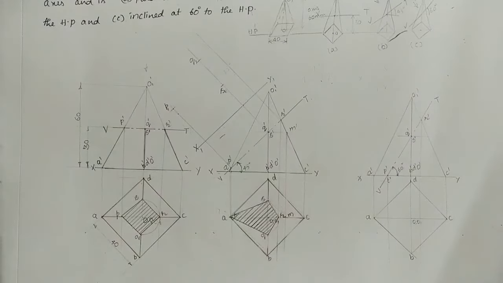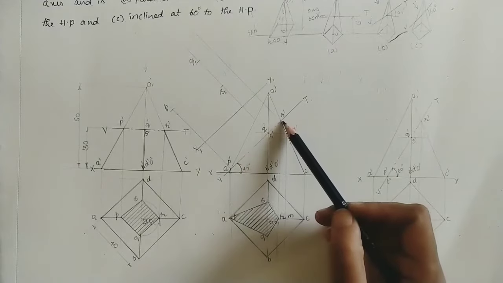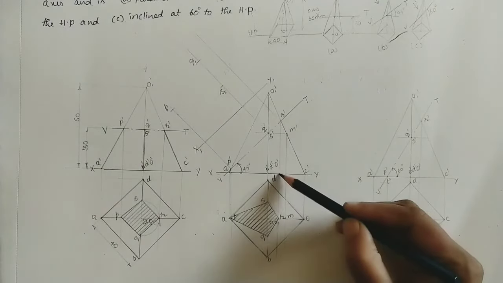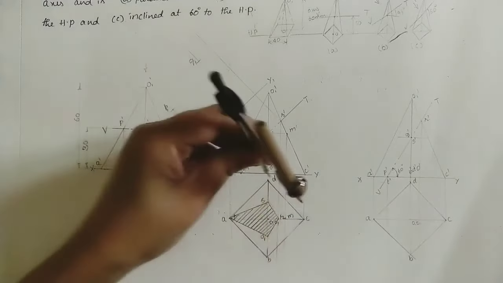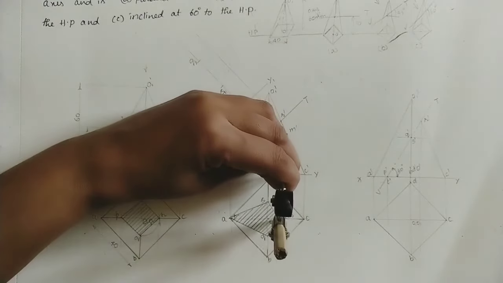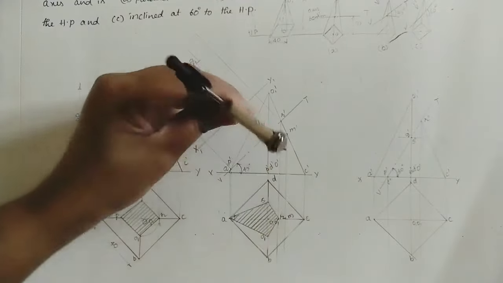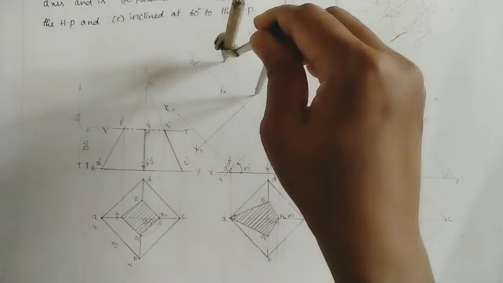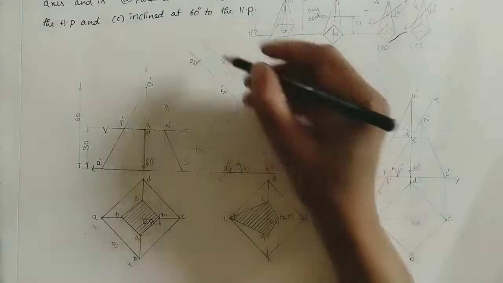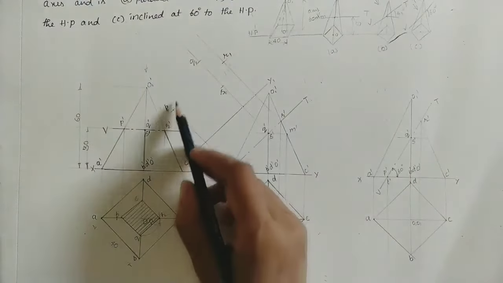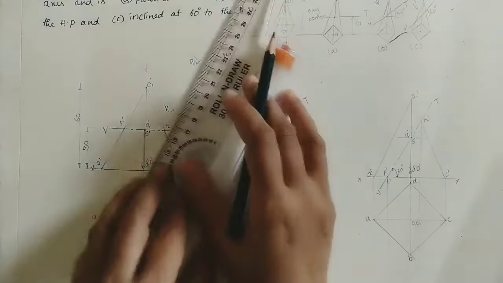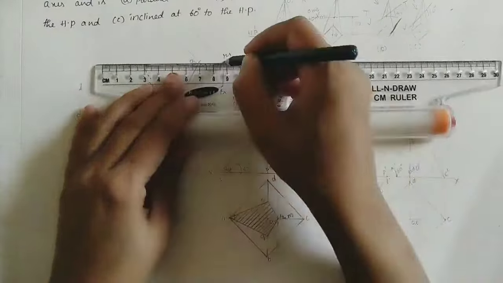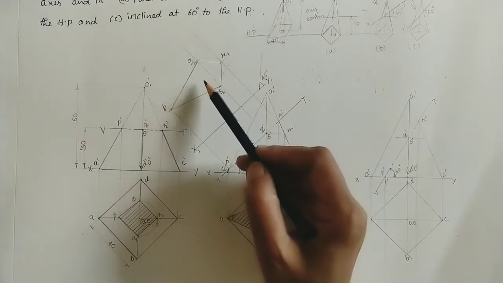After marking Q, S, mark R point on this R line. So from this reference line, take the R distance on the same projector line. This point as center. Take this distance, R distance on this R line. From the reference line, mark R point. Instead of R, I am taking R1. Join all these points by using the scale. The diagram got this shape.